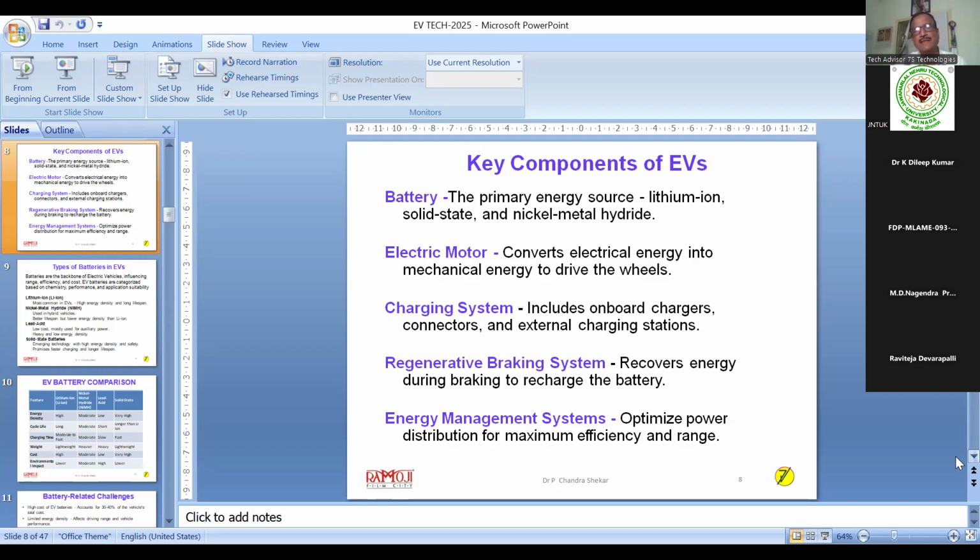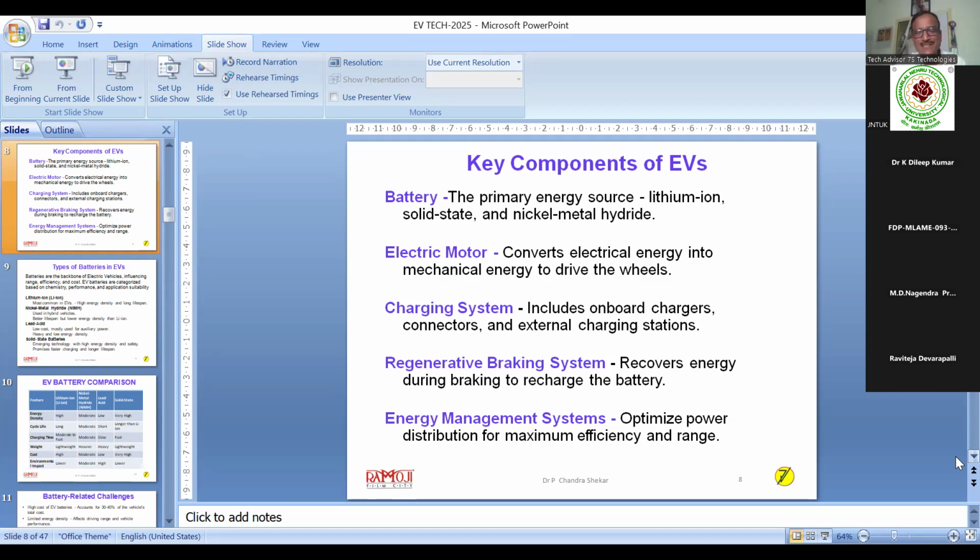Suppose you are a regular driver, going to office and coming back at so and so time. The AI will understand the pattern of your driving. Suppose your office timing is 9:30, and you started at 9. That means you have 30 minutes time, 30 kilometers. So even though you are trying to go at higher speed, it says you have 30 minutes time, so it optimizes and gives the power.